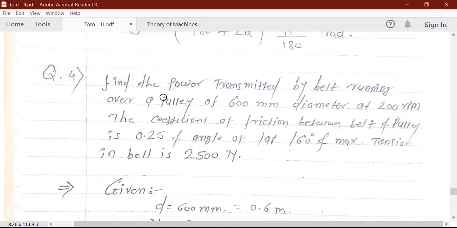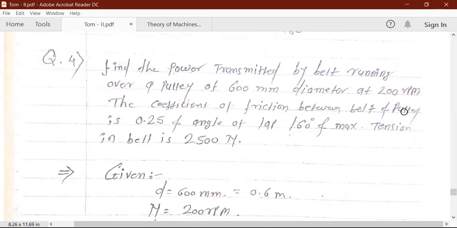The diameter of the pulley is given, that is 600 mm, and the speed is 200 rpm. So we are given the diameter as well as the rpm, the rotational speed. The coefficient of friction between belt and pulley is 0.25. So the value of mu is also given, the coefficient of friction, and the angle of lap